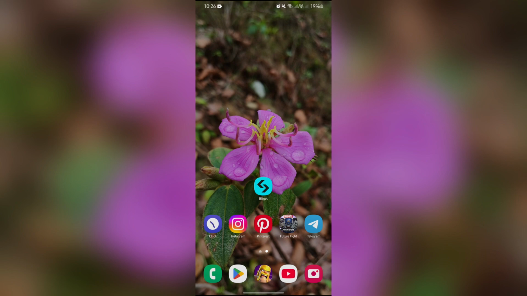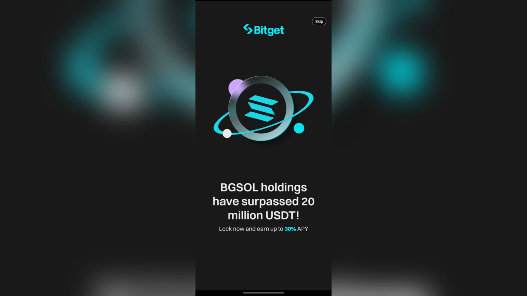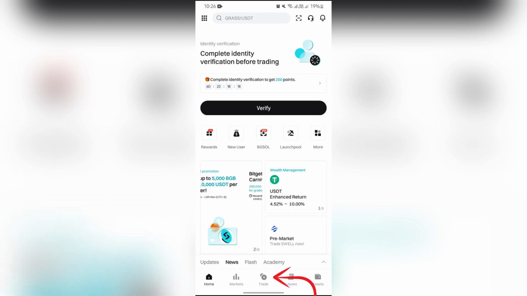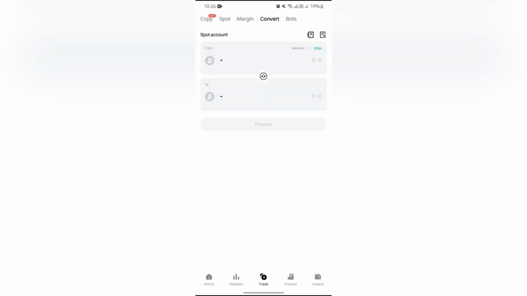Now, in order to convert your crypto, you just simply have to open your Bitget application at the very first. Then after opening the application, you will get this section of trade. Tap into the trade section at the very first, and after that you will get this convert option in here. Just simply tap to convert and it will show you this section where you can enter the amount in here,